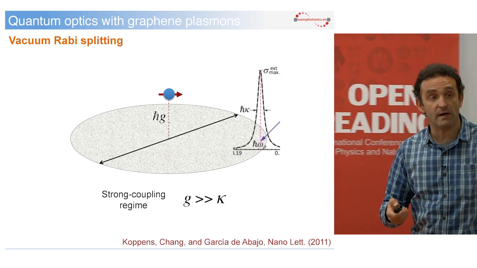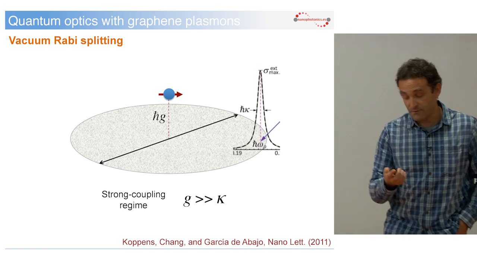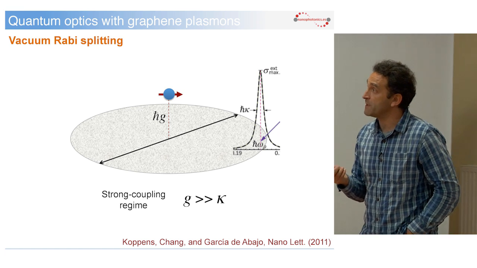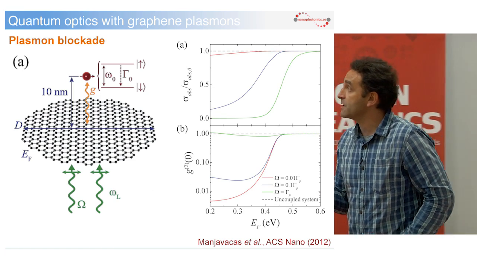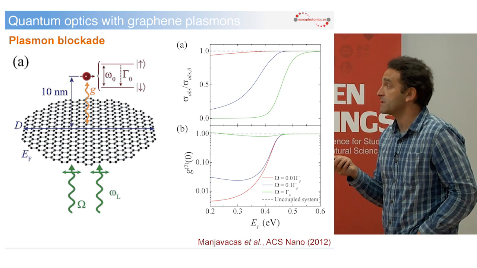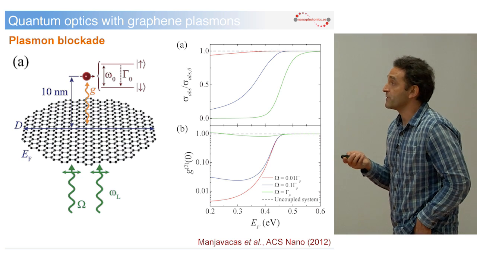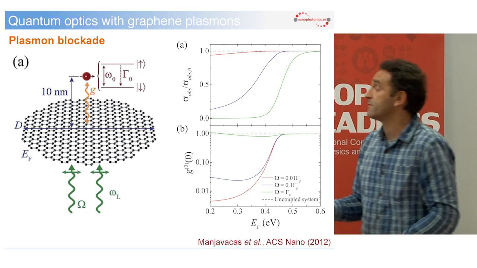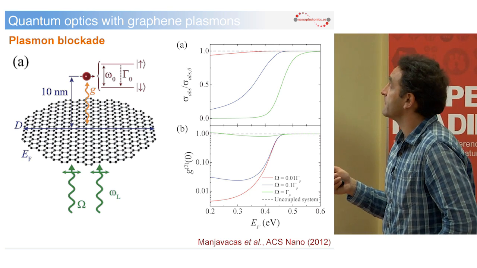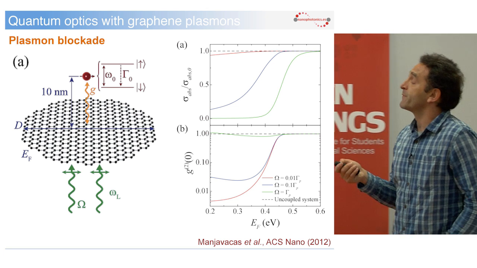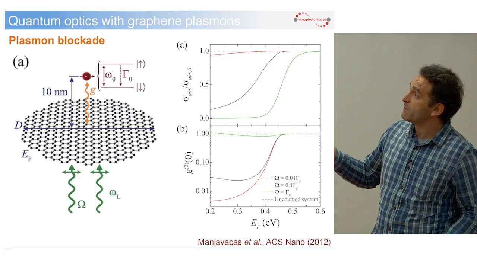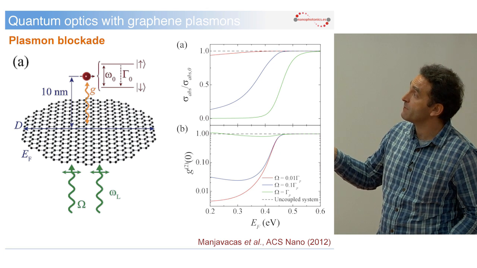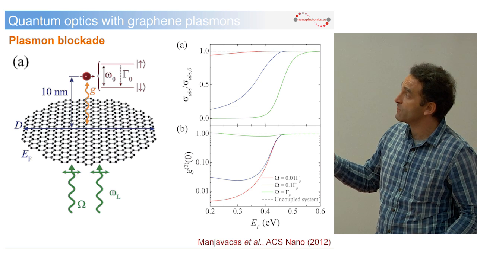When you do that, then you are in the strong coupling regime. That's very difficult to achieve in quantum optics. Now, graphene is actually a candidate to achieve this strong coupling regime in a robust solid state environment without the need of expensive equipment. So then you can do various things, for example, hybridizing the two-level system with the plasmon in the material,